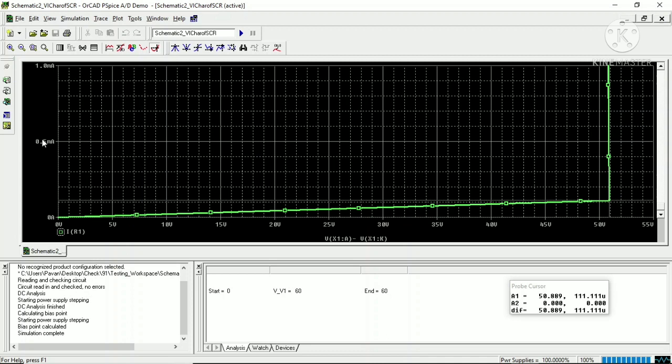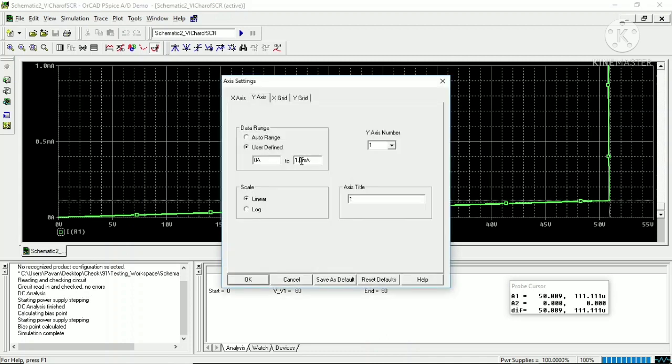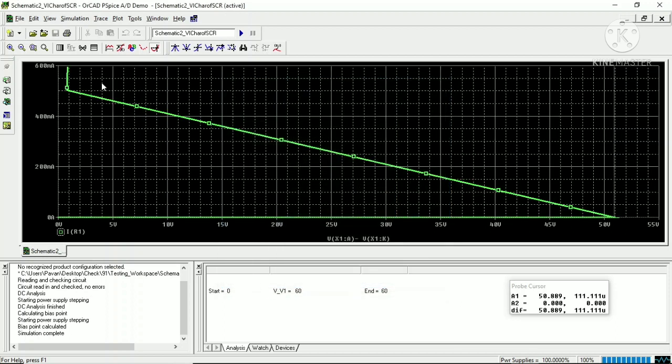And again you can rescale it here up to 600 milliampere, and you can place the toggle cursor again over here. You just need to do a little bit of practice on this. If you place the toggle cursor here, you find 811.180 millivolt, because here the voltage is very small, and the corresponding current is 520.893 milliampere, which is very large compared to the leakage current. That means it is the turn on stage.